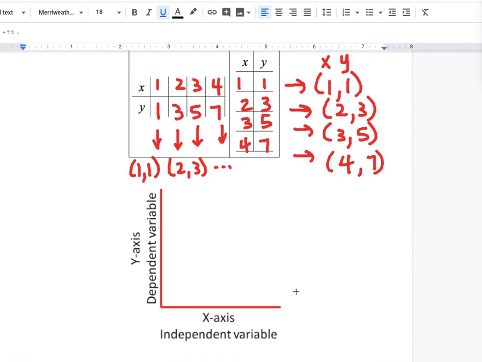And then when you have your blank coordinate plane, remember your x always goes first, on the bottom. Just like on your coordinate plane, you have x and y. X is on the bottom, y is on top. Your x-axis is your independent variable. So if I were to plot (1, 1),